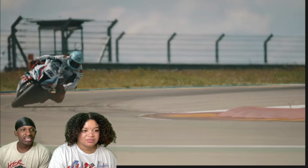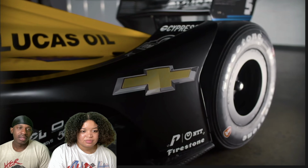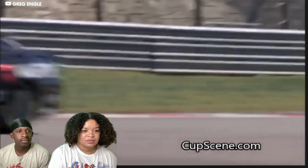As many of you will know, these cars didn't race at this track, and so finding data for them is always tricky. So what we've done is compare these cars using different racing. For example, NASCAR raced at the Circuit of the Americas this year with Tyler Reddick setting a